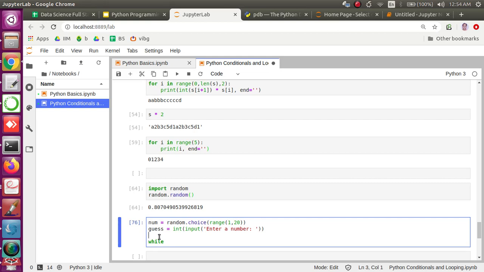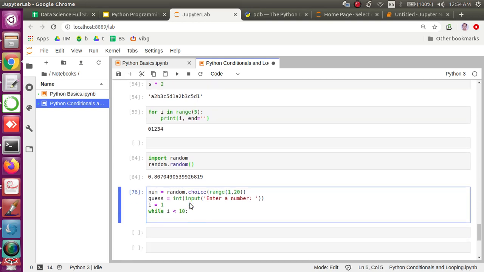So the maximum number of chances, I'll just use an I variable, that's okay. So it is 1, and while I is less than 10, I will keep on doing this.